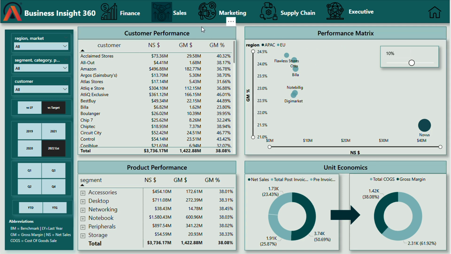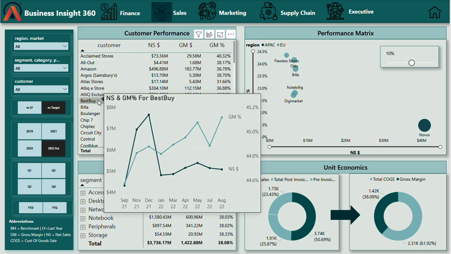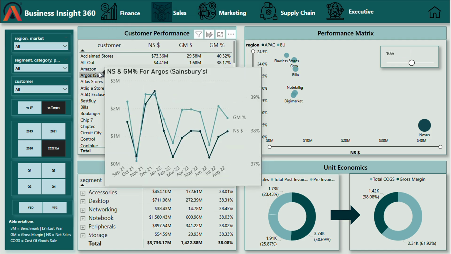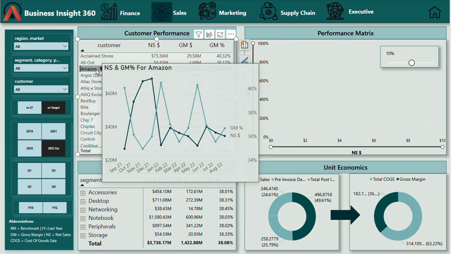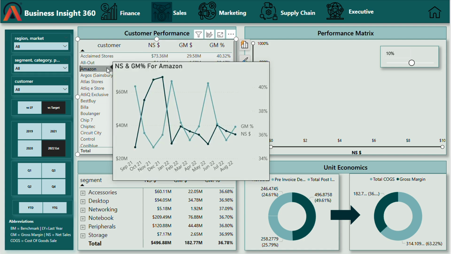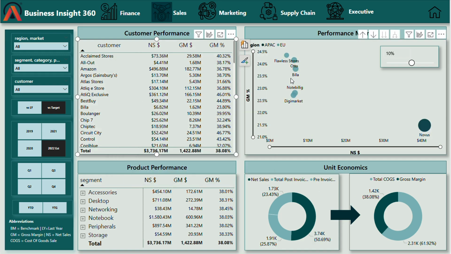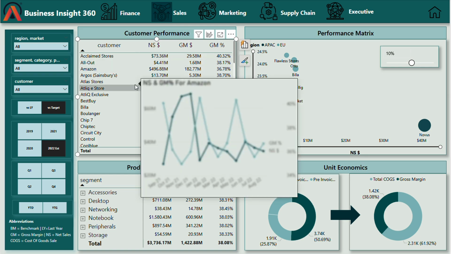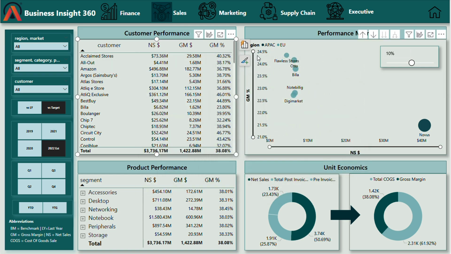In the customer performance table, I have placed a line chart according to the customer. If we click on the Amazon customer, the line chart shows gross margin percent and net sales. I have created this line chart by using a tooltip, and this is the performance matrix of the net sales and gross margin percent of all the regions, and this is product performance, and this is unit economics, and in this we